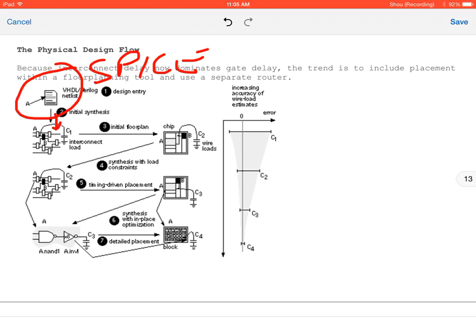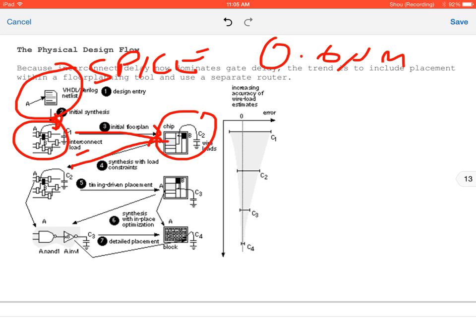For your labs, you're using 0.6 micrometers, micron. It goes down to the transistor level. And then we're going to be talking about the concept of floor plan: how are you actually laying out the chip in a way that is power and space efficient? From there, we're going to be talking about various what are known as load constraints,